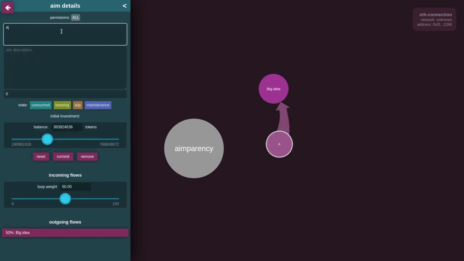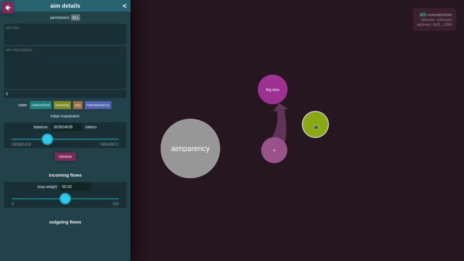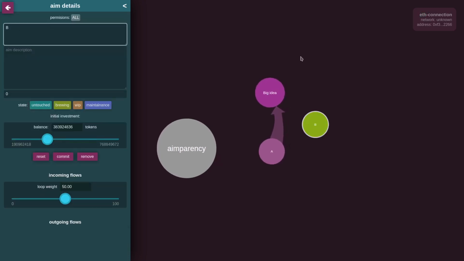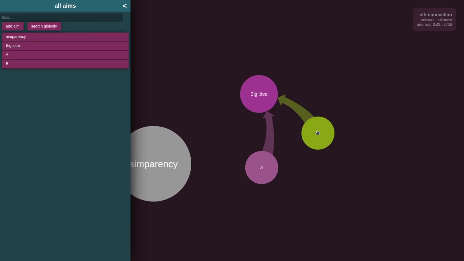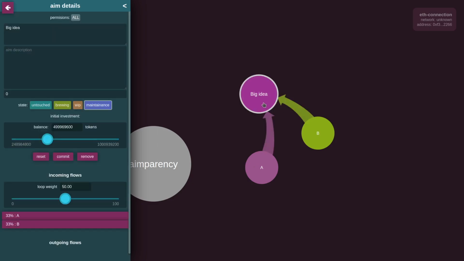Let's give it a title as well. Let's say it's A, and maybe another one which is B, and this one should also be connected to the big idea because it contributes to the big idea. A and B are contributing to the big idea. And now when we click on big idea, we can see incoming flows, and there you can see that A and B are each contributing 33%,